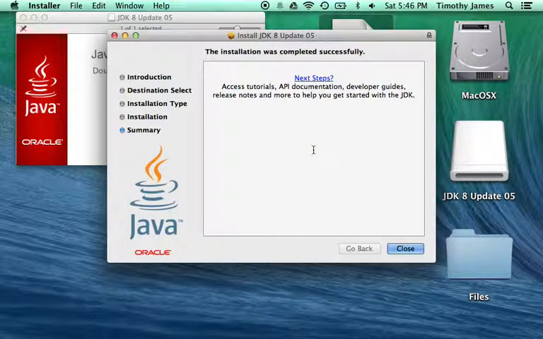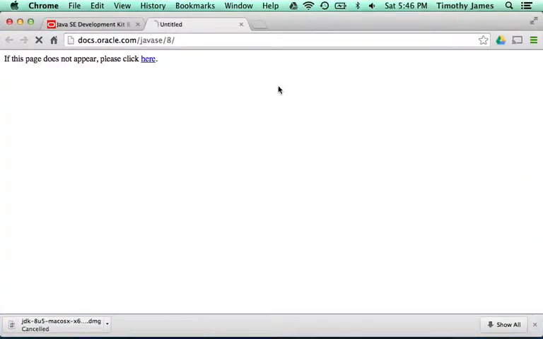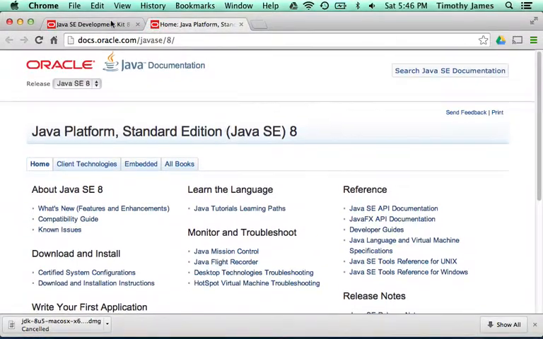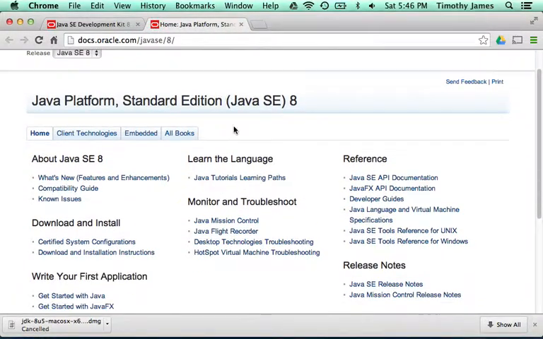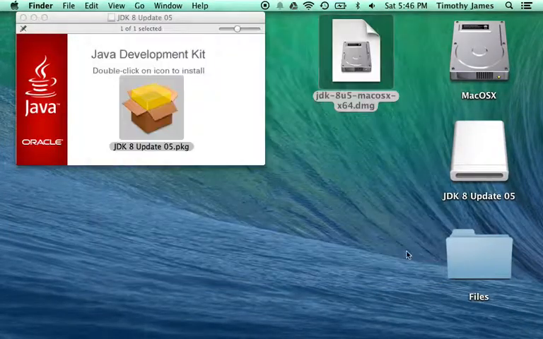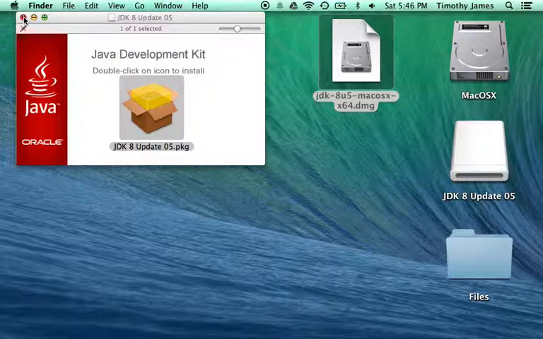All right, very good. So we can get API documentation, all sorts of stuff on the internet if you click that link there. But oh, hey, here we go. So Java Standard Edition, lots and lots of information here. It's very, very exciting. We'll get into some of that stuff in the next lesson. So I'm going to go ahead and close this,